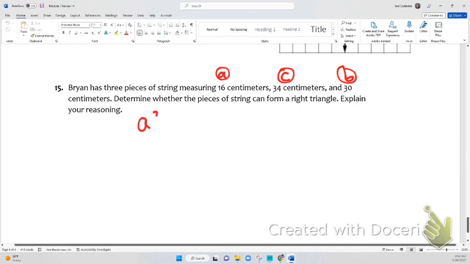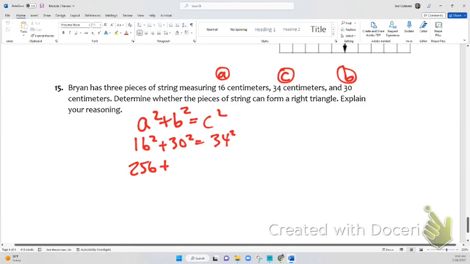I'm going to use Pythagorean's theorem, a squared plus b squared is equal to c squared. So the A we said is my 16. The B we said is the 30, and the longest one will always be your C, which in this case is 34, right? So then when I do 16 times 16, I get 256. When I do 30 times 30, I get 900. And then 34 times 34 gives me my